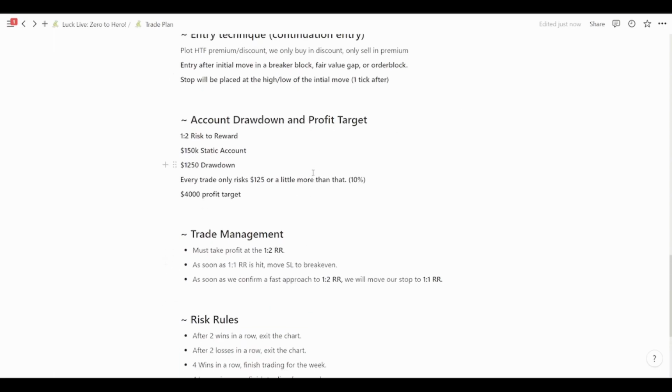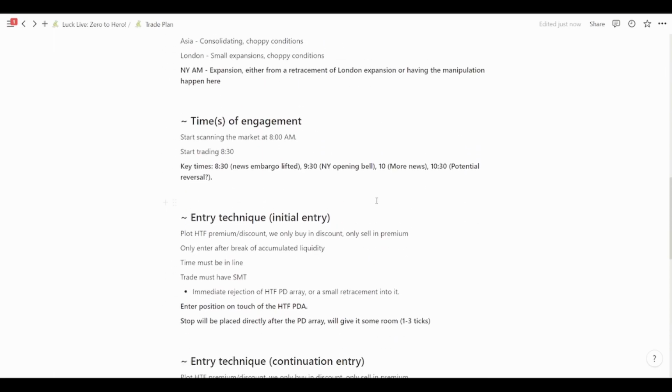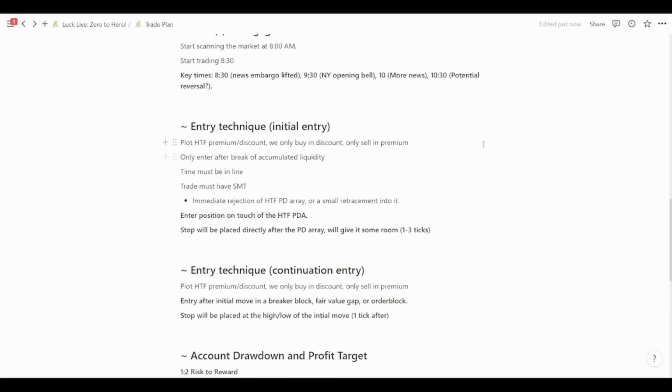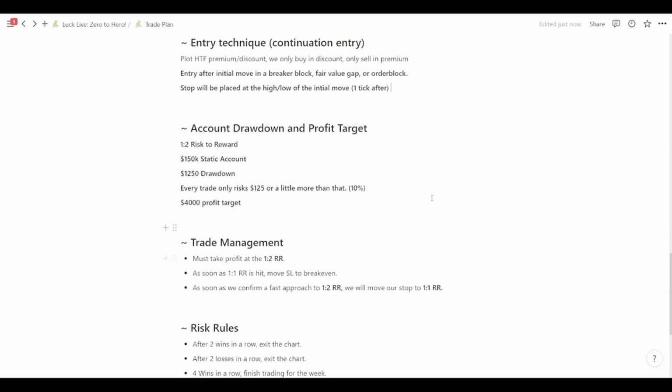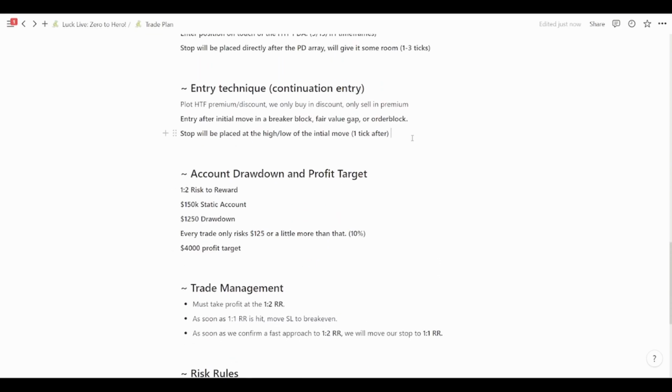Oh yeah, and entry technique, I'm also going to put the time frame I'm going to be using. So again, I'm only going to be using these time frames to enter, nothing higher, nothing lower. Okay,